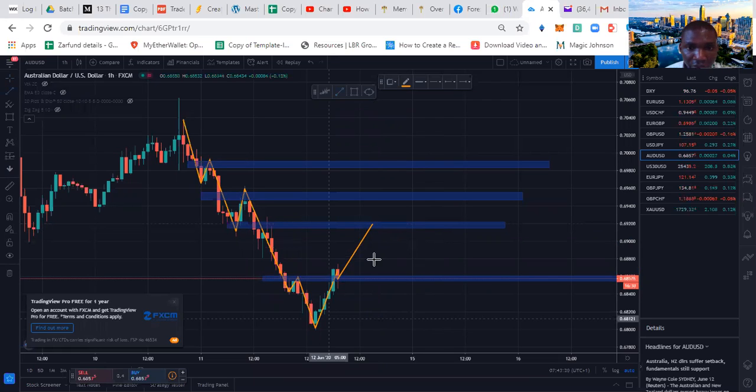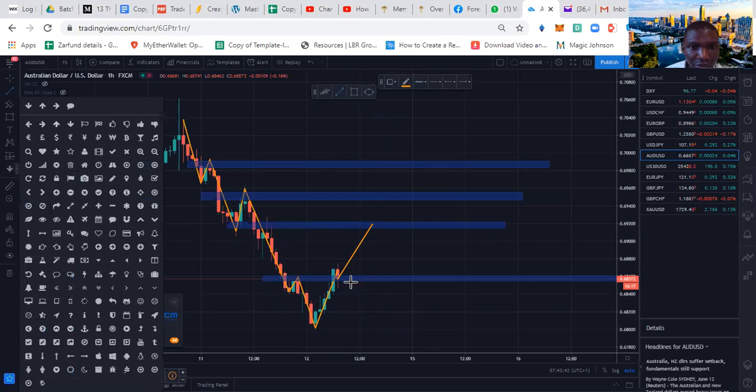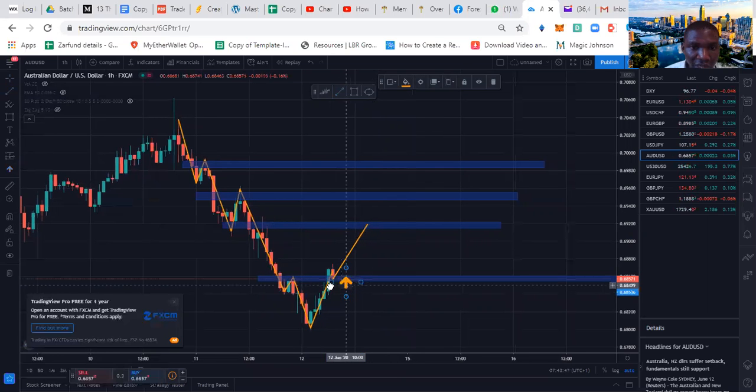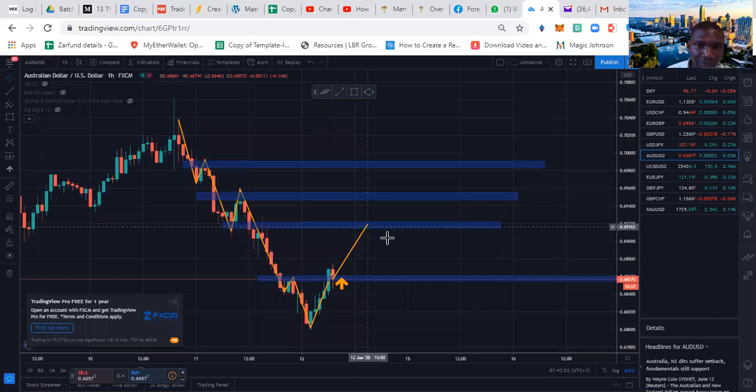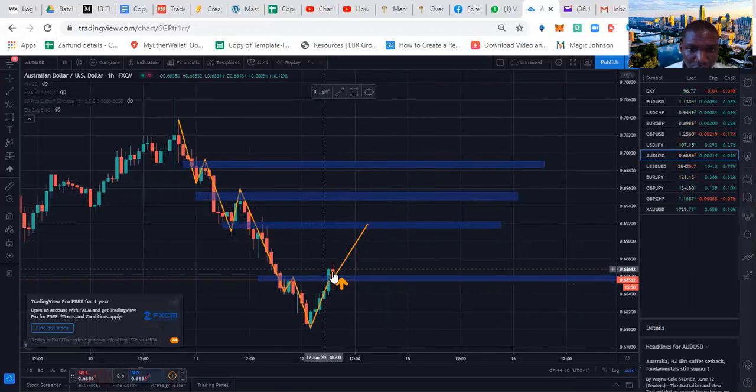This is most likely what is going to happen: it's going to move from here all the way to this point, because this structure has been broken and it's looking to buy all the way to this point. That's for AUD USD. And when it gets there, that's when we'll know whether it's going to be a sell or a buy. For now, it just broke this structure, meaning that it's going to buy all